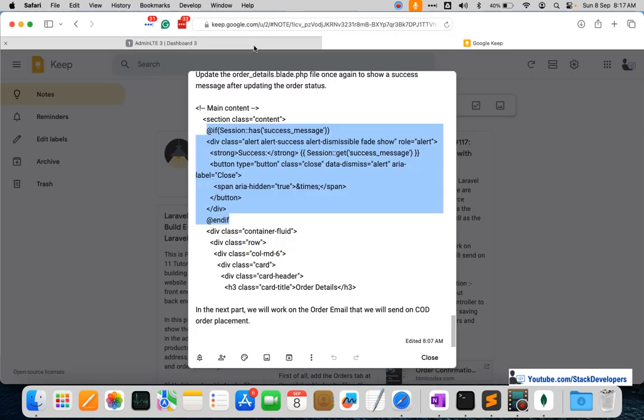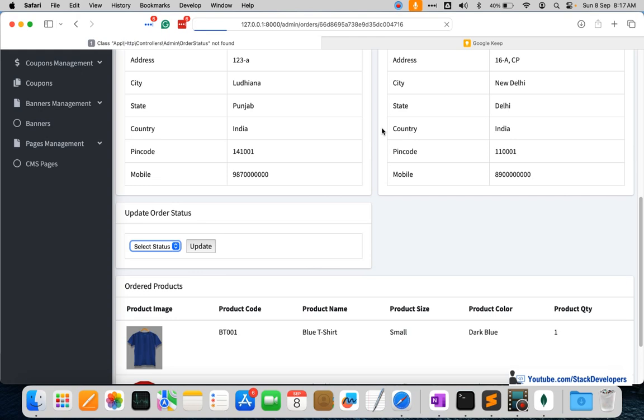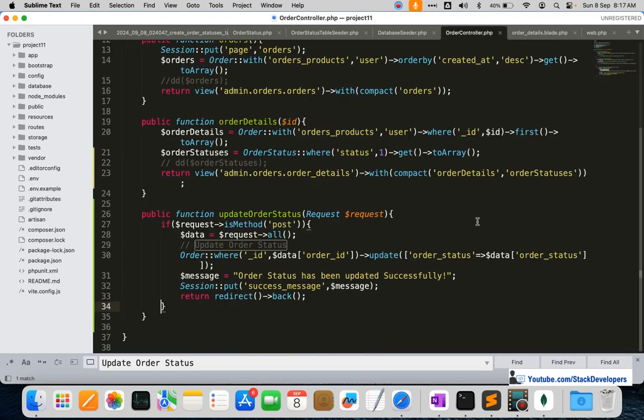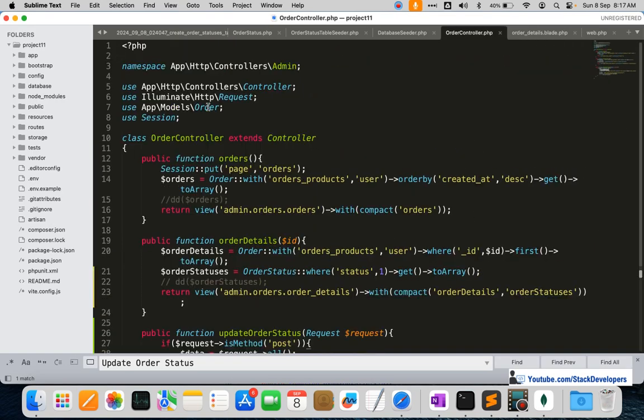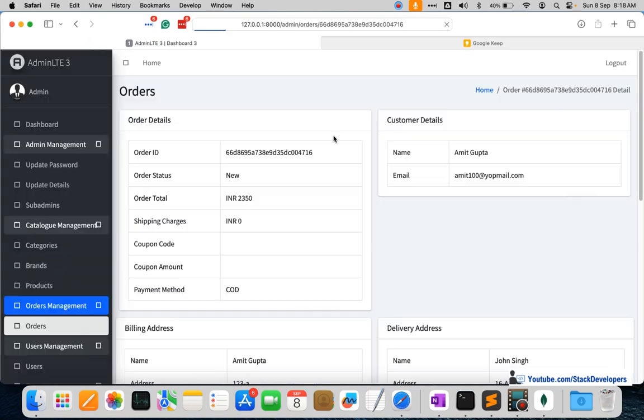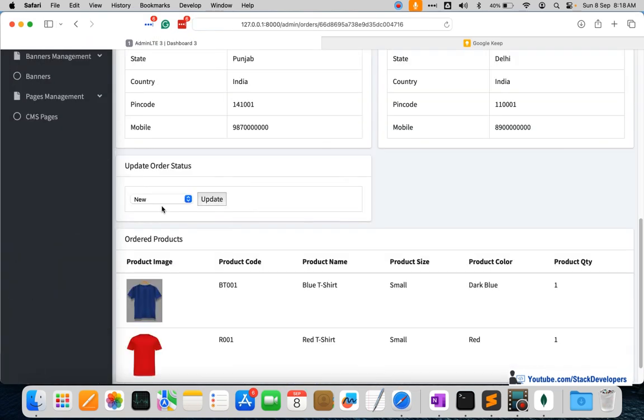Now we are going to try to update the status of the order. Let's refresh it once. Okay, we are required to add the order status model that we have added earlier. Here we are going to add the order status model as well, and now we are going to refresh once again, and here you can see all the statuses are here now. I am going to update to shipped, like if the admin updates the status to shipped, or pending,